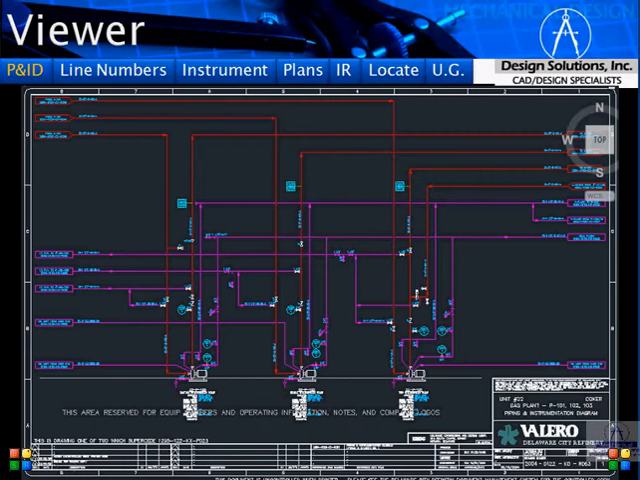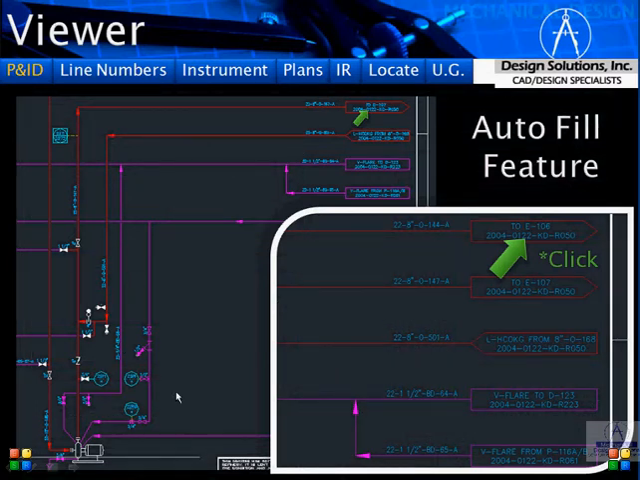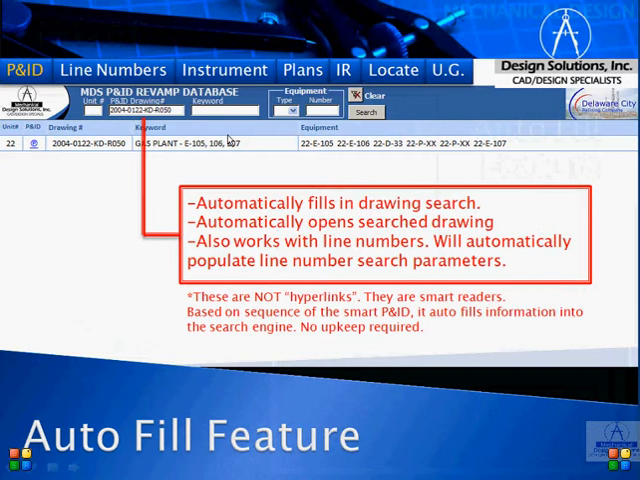Now here's our viewer, and here's the PNID with pump 101 down here in the bottom right. We'll zoom in here. Okay, here you see the flag. This is your typical PNID. Another function that the TAD software has is, because it's a quick reader, it smartly picks up all these numbers here. So we can zoom in on the flag, double click on the flag, and it will autofill the drawing